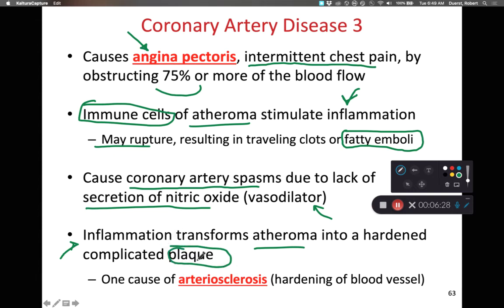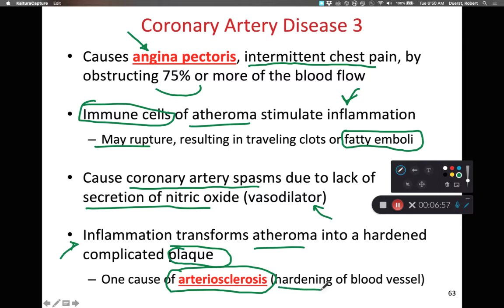Once it's been hardened, it's typically going to be hardened by absorbing calcium ions. This is the same thing that happens with the plaques in your mouth. If you don't brush your teeth a lot, the tartar that's in your mouth will absorb calcium ions from your saliva and become a hardened plaque that needs to get scraped off when you go to the dentist, hopefully every 6 months. As we look at this plaque that's hardened, this is a primary cause of